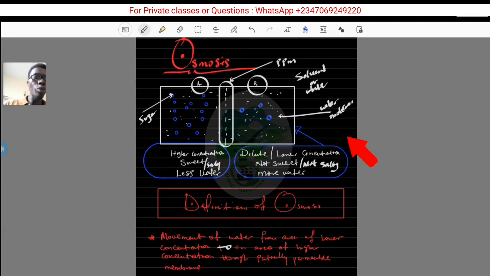So it means that water will move from this area to this area. Lower concentration means it has lesser solute, which is either salt or sugar, to an area that has higher salt or sugar. All right. So this definition